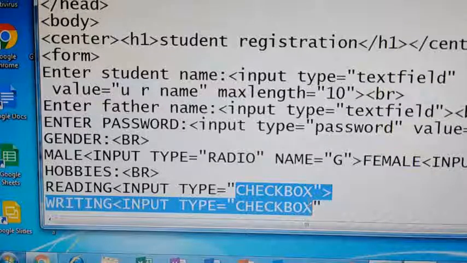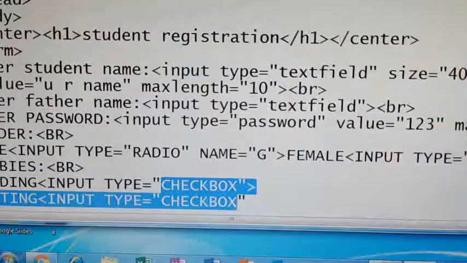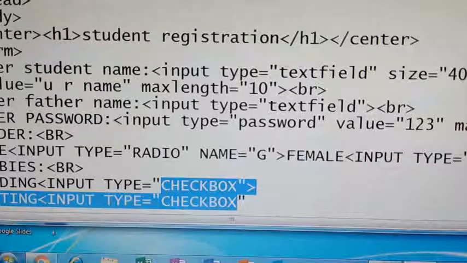Like this, based on your requirement, you give the input type and the size, maximum length, minimum length. These are not mandatory. If you want to restrict the user to enter a particular number of characters, in that case only we'll use these attributes. Otherwise, these are not mandatory.